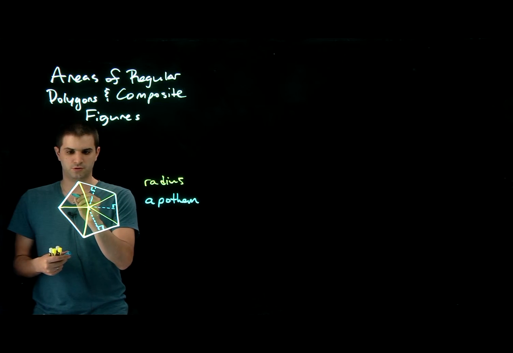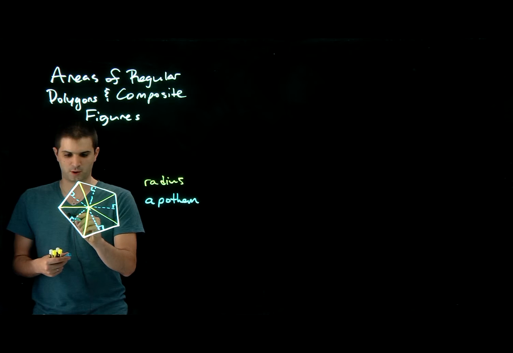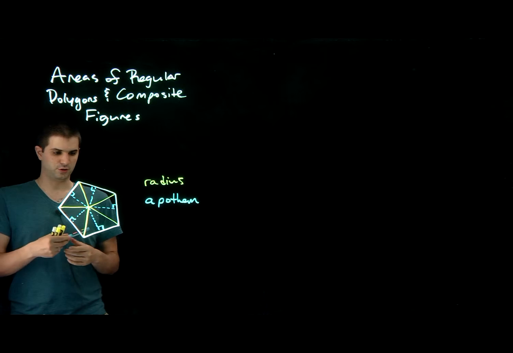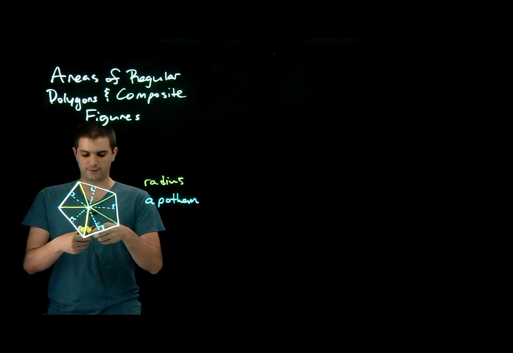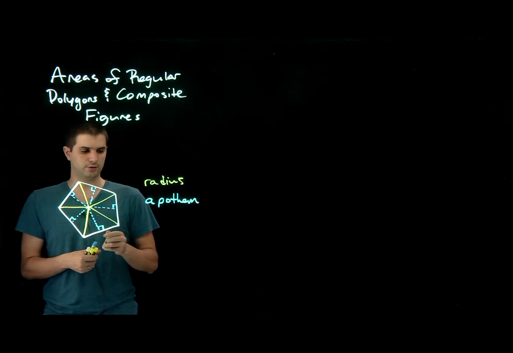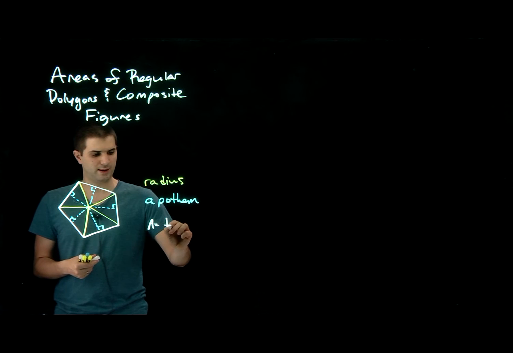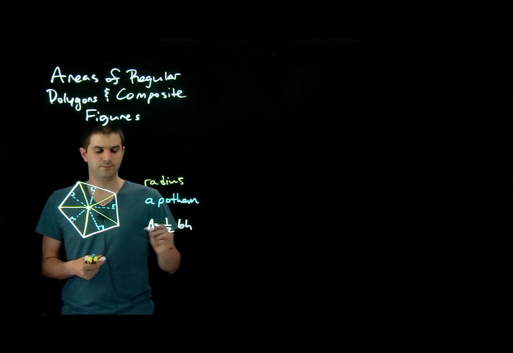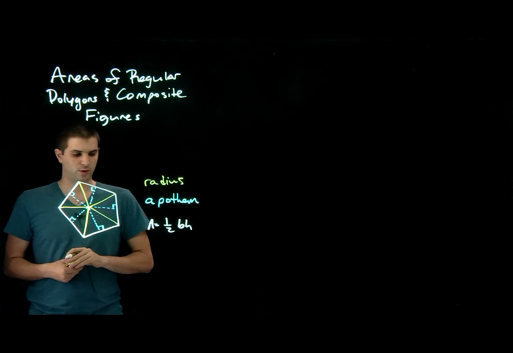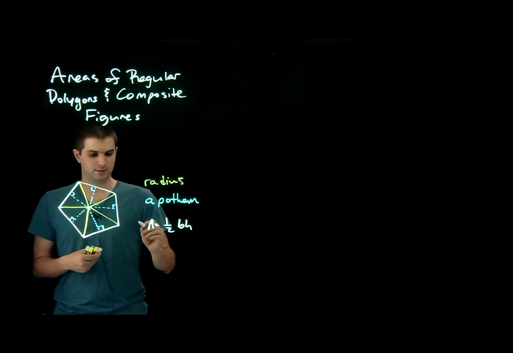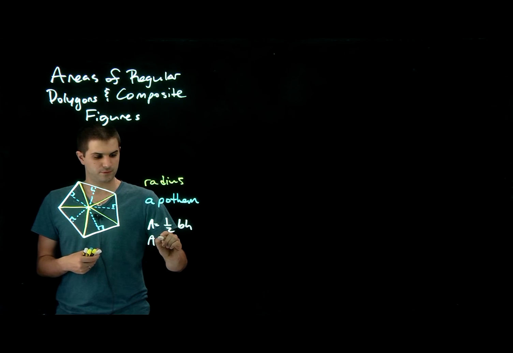So if we want to find the area of this polygon, you should notice something quite useful that we already know. We know how to find the area of a triangle, right? The area of a triangle equals 1/2 base times height. Now there are 5 of these. So the area equals